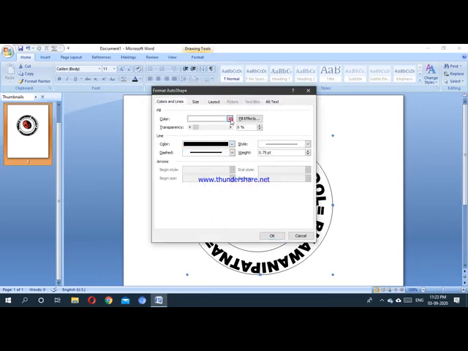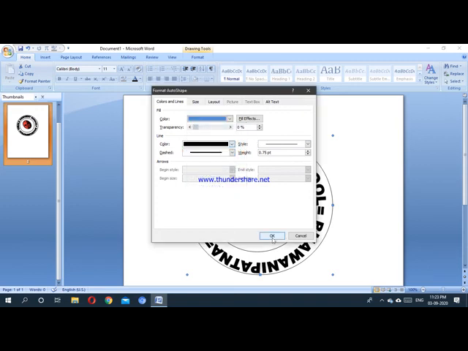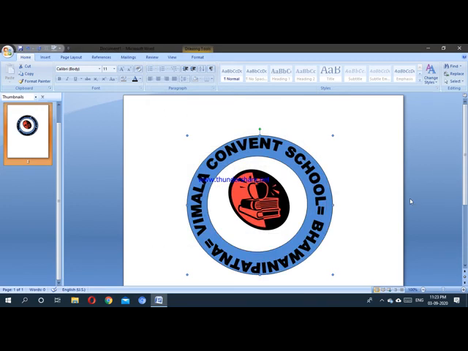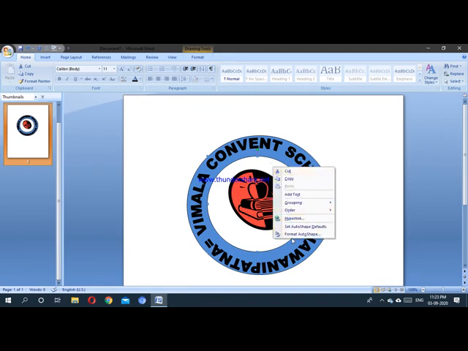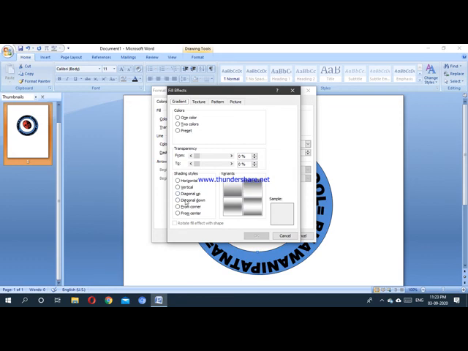In here fill color nothing is there, you can choose any color. I am choosing blue color. Click OK, it will become like this. And after that this one also you choose and right click on there and Format AutoShape. Then fill color.